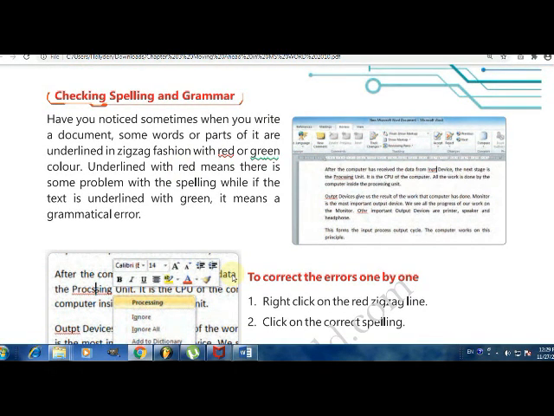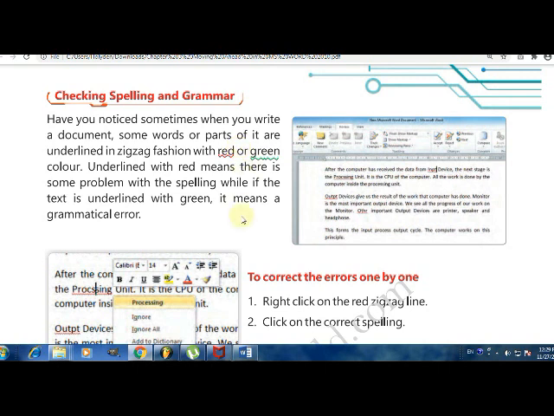If there is a grammatical mistake, then that grammatical mistake will be highlighted with the green color. Grammatical mistake means, if you have not given a question mark to a WH type question, or if you have not written the first letter of that paragraph in capital, then a grammatical mistake will occur. And for that the zigzag line is there with the green color. And if there is a spelling mistake, then it will be highlighted with a red color zigzag line.